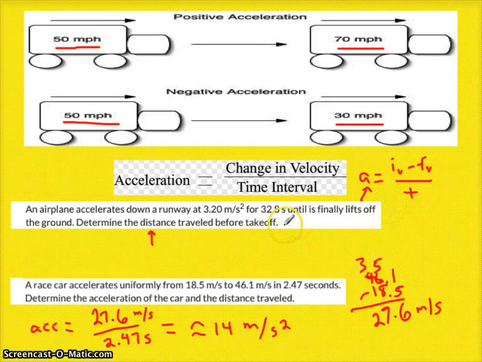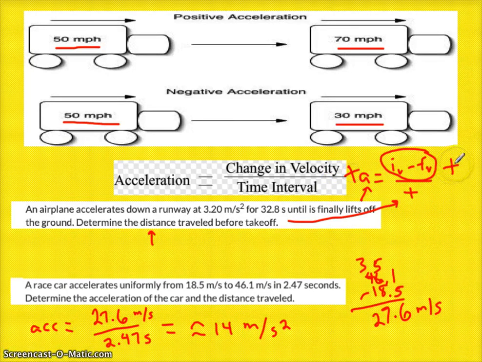And you've got the time, 32.8 seconds. So we're going to have to solve for this. How should I go about this? Because we are running out of time. Here's how you do that. You multiply both sides times t. That cancels out, and you have the change in velocity equals